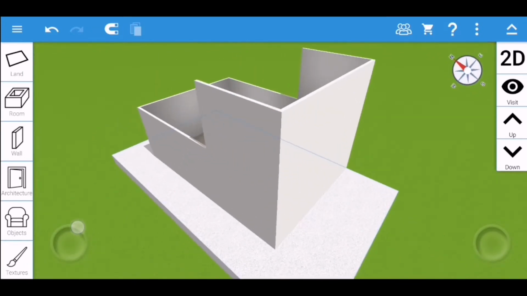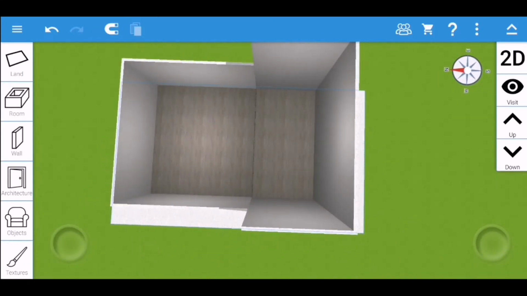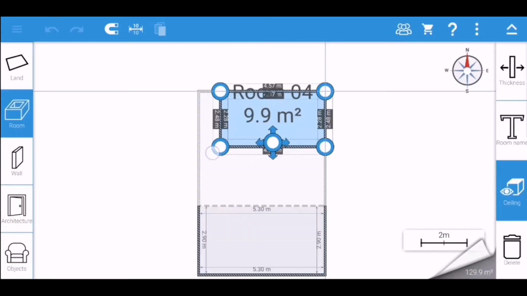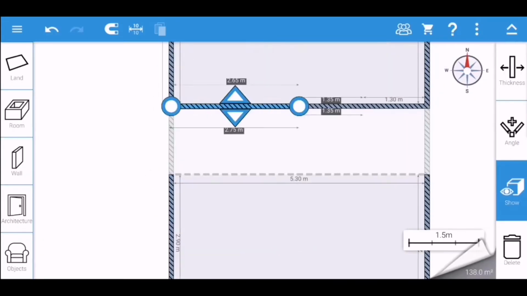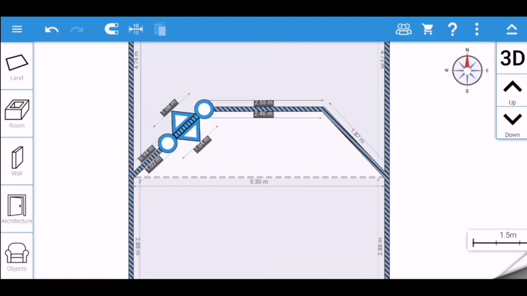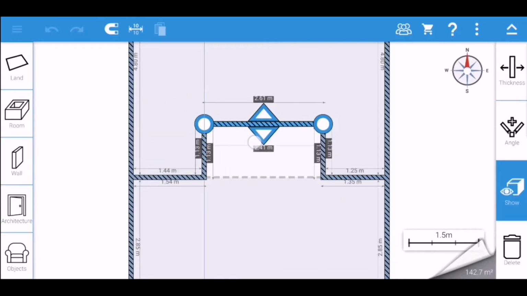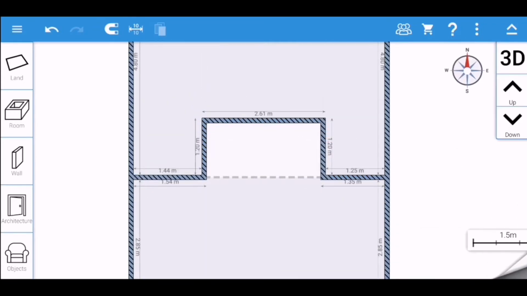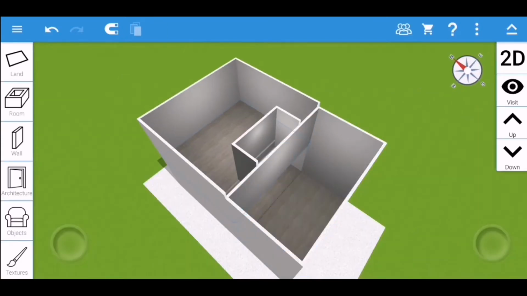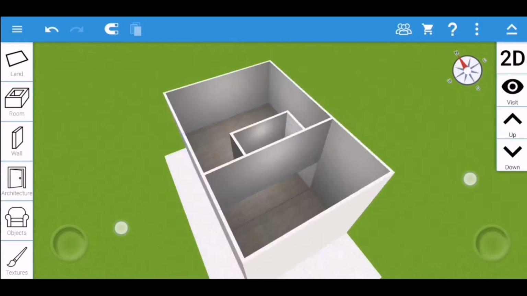It's so amazing, right? I love this feature of Home Design 3D. It helps me a lot. And on the second floor or on the loft area, I'm just going to add another room and design it the way I want it. Basically, that's it for the high ceiling tutorial, but I'm going to continue in the speed build video of this